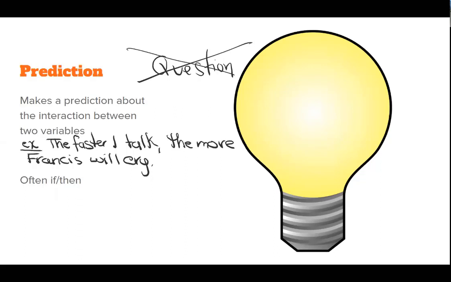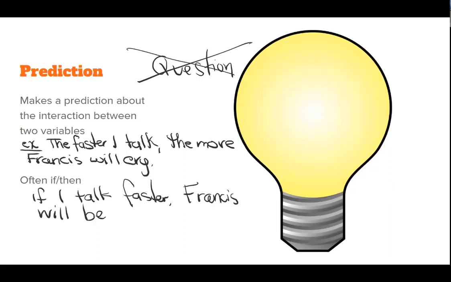That could be supported or refuted by the data. I don't have to have it in an if-then format. However, I could take it and put it in an if-then format, and that often helps students to test if it really is a prediction. Like, if I talk faster, Francis will be more likely to cry. Or confused. Well, it would be hard for me to measure confused, but I can easily measure the volume of your tears, you know? Just put a little vial under there. But you see, I'm making a joke, you guys. But the idea here then is I can test out if that hypothesis really is a prediction by using that